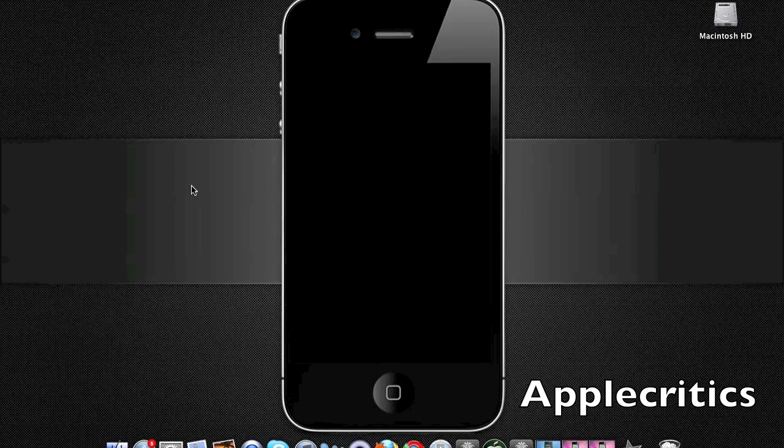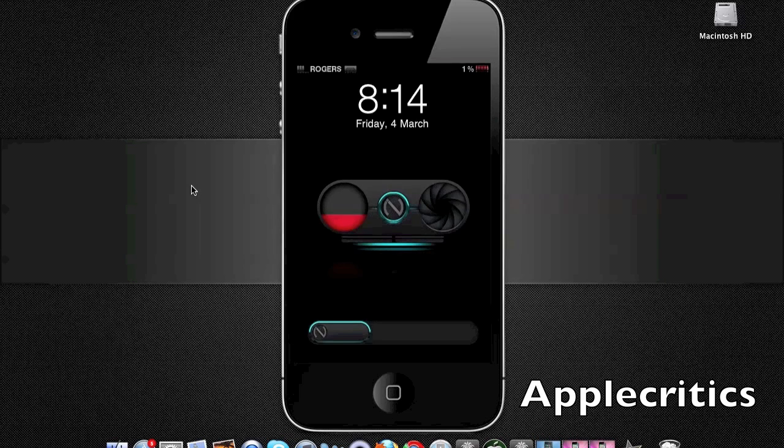The best theme of all time for the iPhone 4 and iPod Touch 4G that is Retina display compatible is a theme called iNitsua Z Twilight HD. Now when you go to the lock screen, you can see that you get a very nice custom battery with the turquoise color at the bottom, and if your battery is low, you can see that there's a red part on the side indicating it, and you do get the iNitsua logo that will be appearing in all logos, and at the top you do get custom reception bars and a custom Wi-Fi bar, and also the battery is themed when you're charging your device,